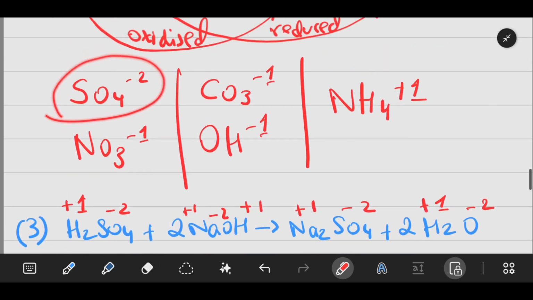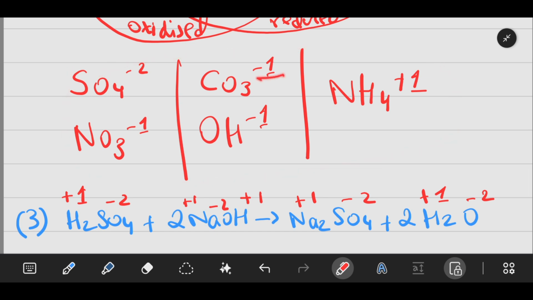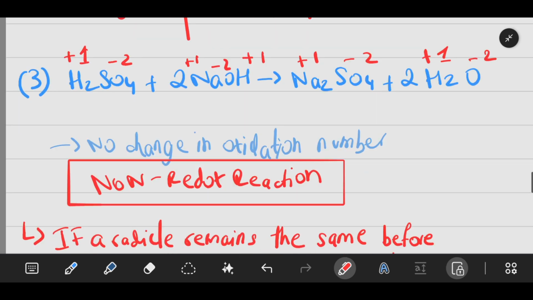And later on we also discussed some radicals. These are a few examples. You need to learn all of them, the relative charges as well. So we discussed an equation which told us that OH is present in this reaction, but there was no OH present on the other side of the reaction, meaning that the radical changed after the reaction. So we will consider oxidation number in this case for oxygen and hydrogen separately